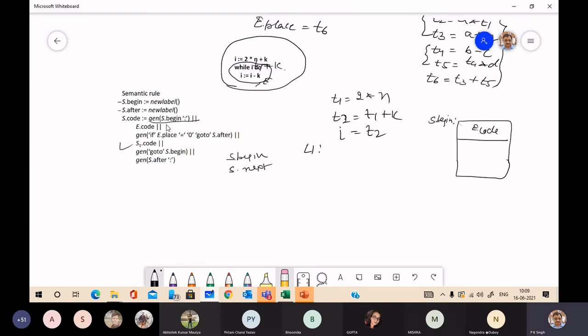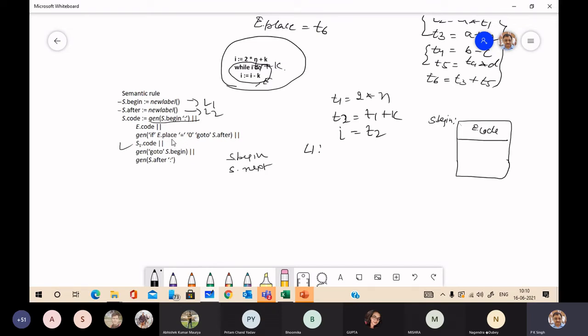It will generate L1 and this is generating L2. These two labels. So E code, for this expression we don't have code. We are just using the value of I. So E code is null.